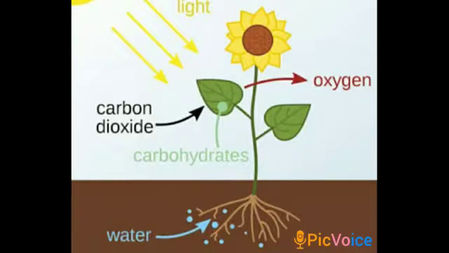Children, how will they prepare food? We know the root takes in water from the soil and the leaves take in carbon dioxide from the air. Air is a mixture of gases, so they take carbon dioxide from the air. Then using sunlight, they will prepare food. How will they prepare, children? The plant prepares food with the help of sunlight, carbon dioxide and water. Carbon dioxide plus water, using sunlight, gives food. So, first function of the leaf is it makes food for the plant.